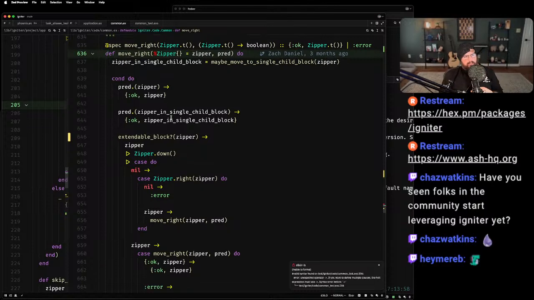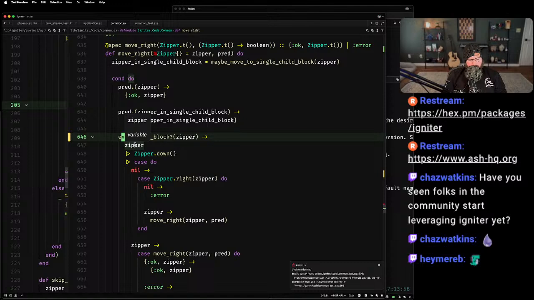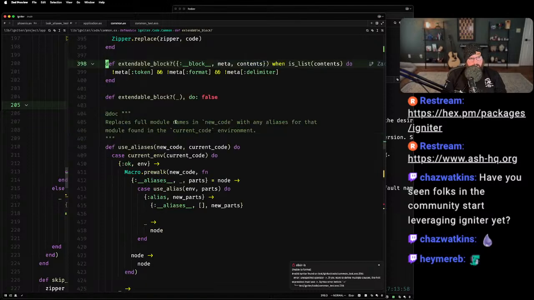Things don't like the change to extendable block, and I wonder why not, because this should be more permissive. Extendable block should be, is it a block?